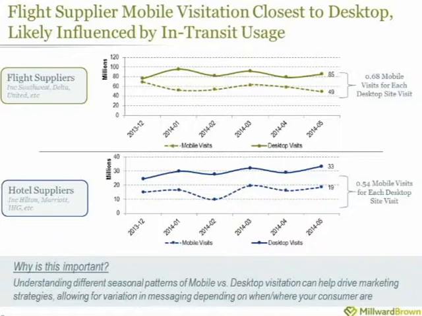But we can really start to look at the seasonality and tie that back to one of the things that we mentioned early on in understanding when is a good time to market mobile, when is a good time to launch mobile. So as we're looking at the top half of the slide, the first section is the airline suppliers, and really this is made up of almost every major player in the industry, from American, Delta, Southwest, etc. One of the things that we can see is that you do have this almost inverse relationship